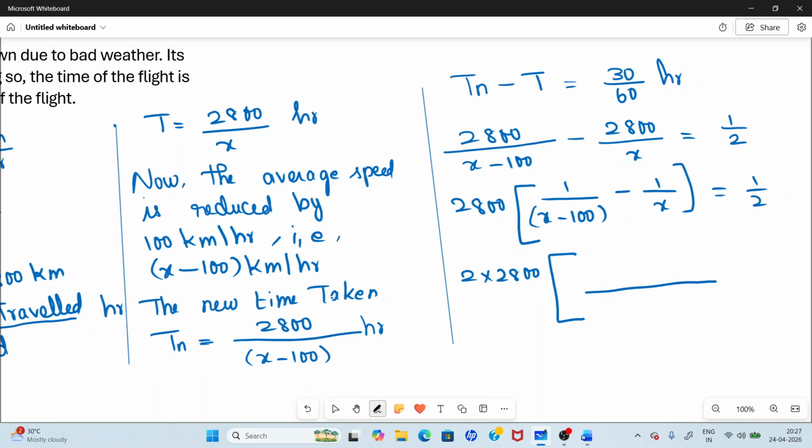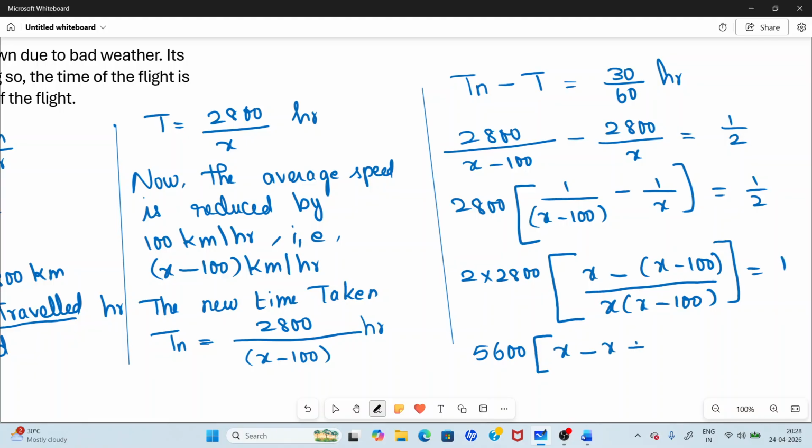That comes to LHS. x into x minus 100 is the LCM here. We get x minus of x minus 100 equal to 1. 5600 into x minus x plus 100